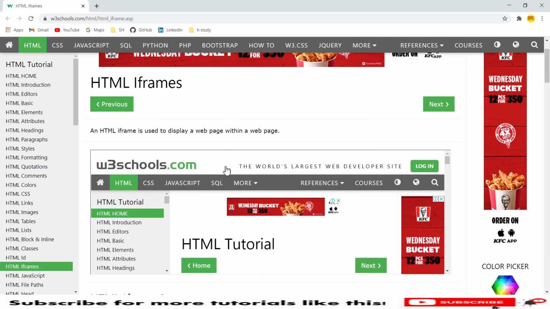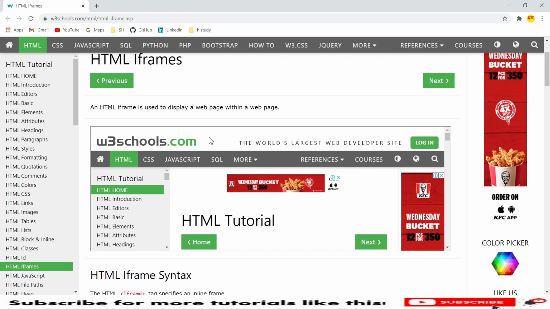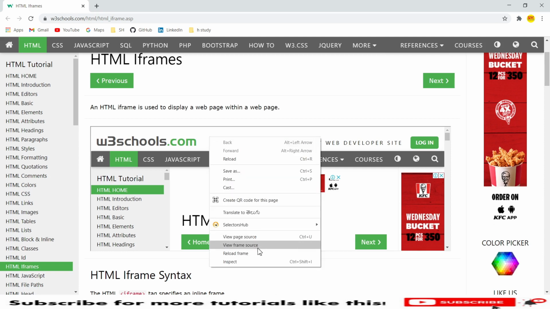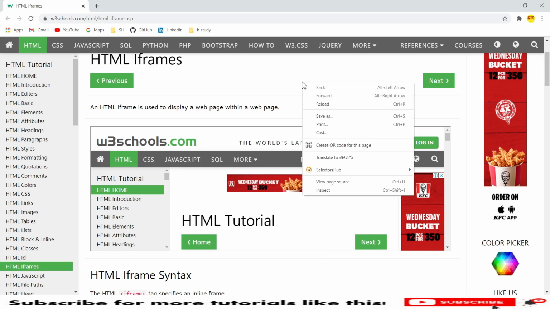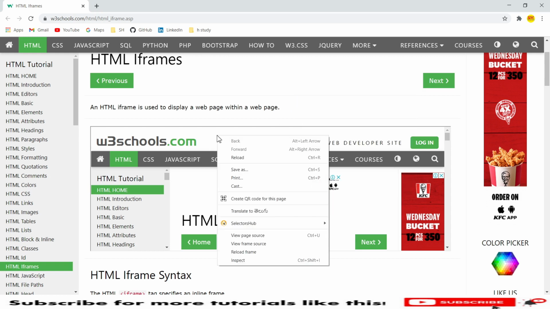Sometimes when you right click on an iframe, you can also see the frame source. Normally you will not see the frame concept unless you right click on a frame. This is how you identify that a page contains a frame.